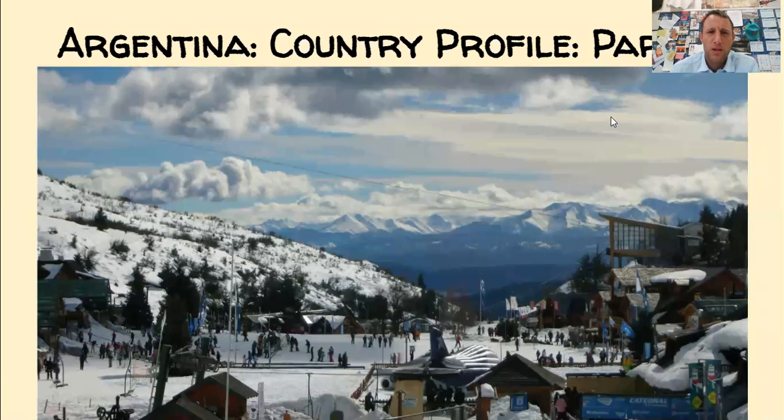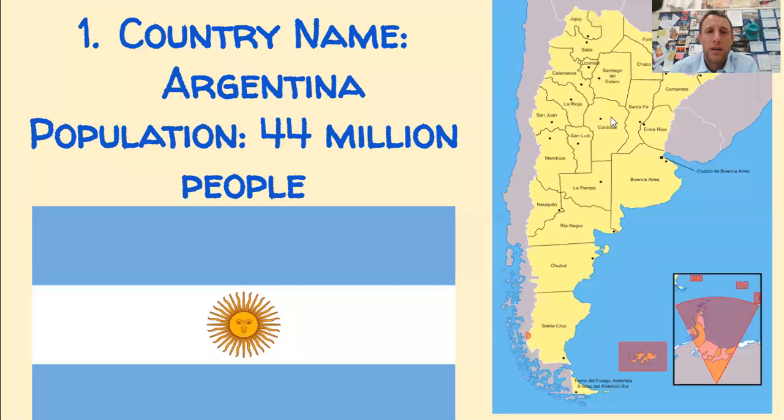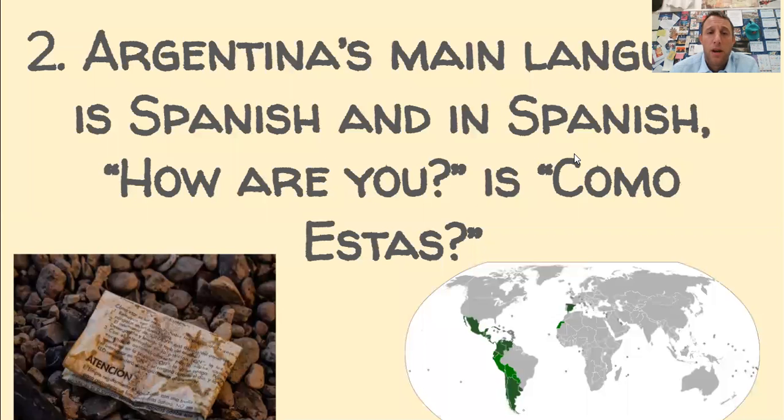And then you're going to do a country profile. Okay, so this is part 2 of it. You're going to tell me how many people are in there. You need to show me the flag, have a map. So there you can see the map of Argentina. There's Buenos Aires in the bottom right, or off to the right. There's Cordoba, Mendoza, all those different states and sections. There's the flag on the left with the sun. And then you need to tell me a phrase in that language of that nation. So Argentina's main language is Spanish, and in Spanish, how are you is ¿Cómo estás?